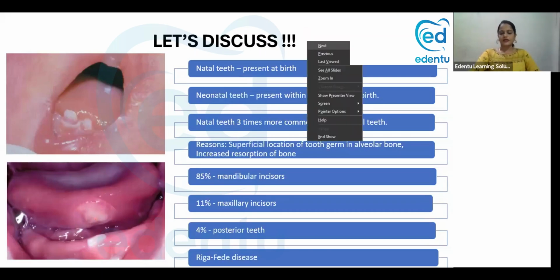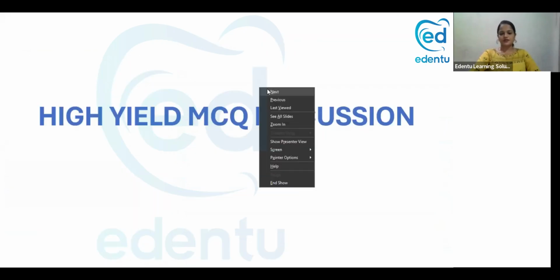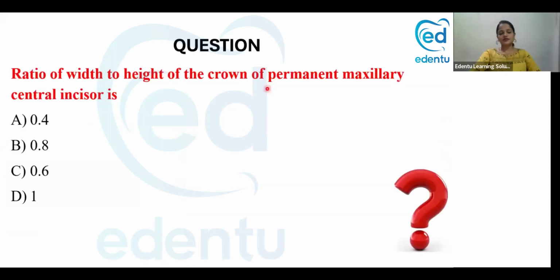Now, that's all about the 2024 MCQ discussion. Now, let's move on to some of the previous year MCQ discussions. Coming to the first question, ratio of width to height of the crown of permanent maxillary central incisor is